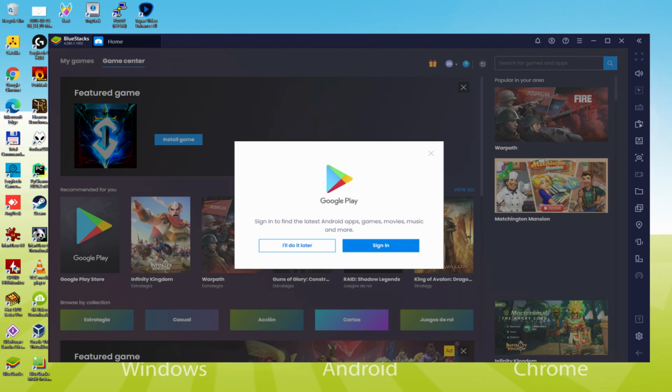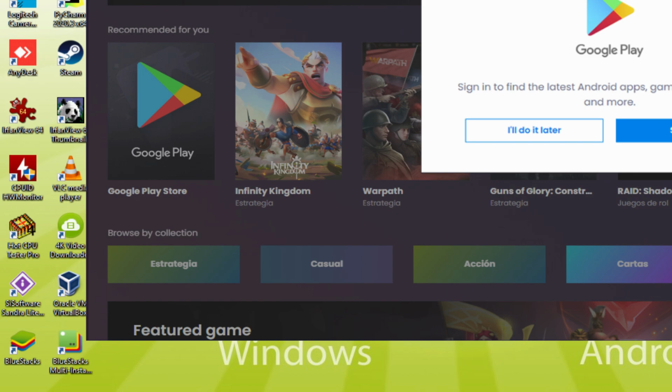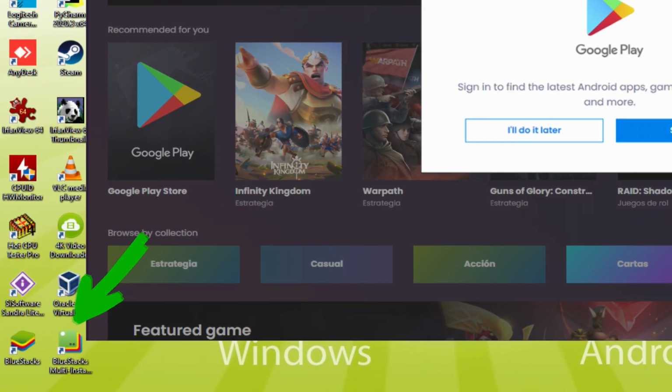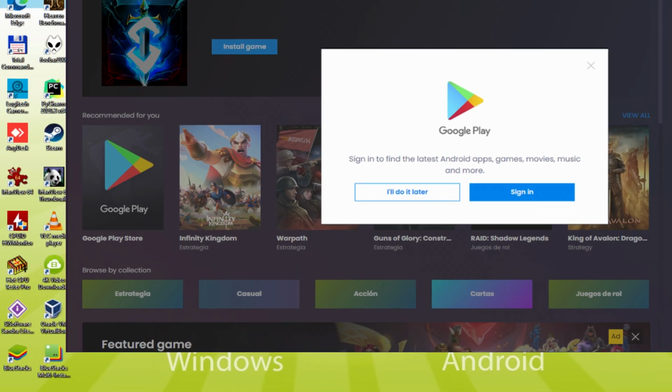Before we carry on, as you can observe, it has created a couple of software icons there on the computer desktop: BlueStacks and BlueStacks multi-instance. Note that the BlueStacks icon will be the one we are concerned about. The moment we want to run RuneStrike CCG on our desktop or laptop, we double click on this icon and consequently launch the emulator. The BlueStacks multi-instance icon has nothing to do with multiplayer or anything like this. It's an icon that we will never use.